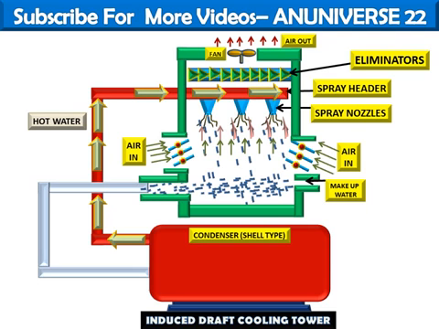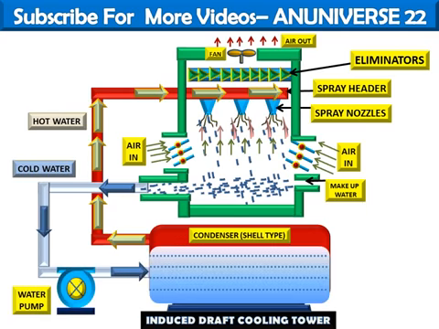And this is the pipe for supplying the cold water from the cooling tower to the condenser with the help of the water pump. So these are the main components of the induced draft cooling tower. And now with the help of animations, we can see the main working of the induced draft cooling tower, and we also see how the fan, mounted at the top, sucks the air through the tower and how air enters at the bottom of the tower. So all this working we now see with the help of animations.